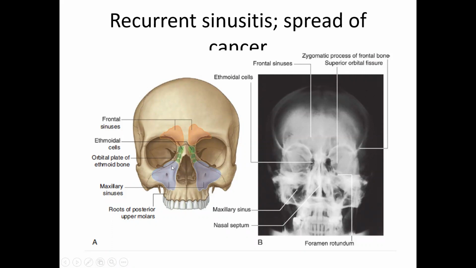The maxillary air sinus opens into the middle meatus of the nose, which is in the upper part of the maxillary sinus. The ethmoidal sinus opens in the middle and superior meatus, again in the upper part of the ethmoidal air sinus. Sphenoidal air sinus also has got its opening in the upper part. Only frontal air sinus has its opening in the lower part of the frontal air sinus.